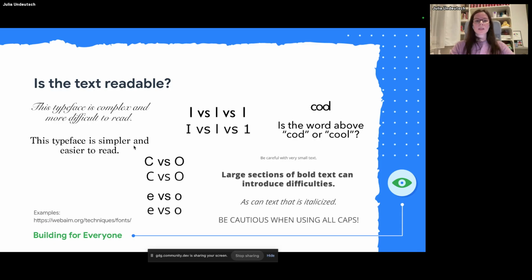And there are also some differences in typefaces when you have the C versus the O. So it's always better to choose a font where the ending is not that close to the other ending, so that the C is more open in this example, to have the difference to the O. Also, the lowercase e versus the o. It's easier to read when the ending of the e is shorter.